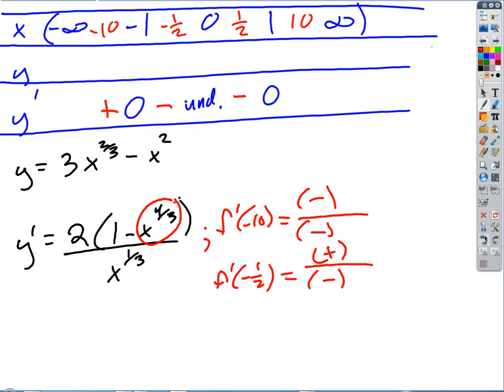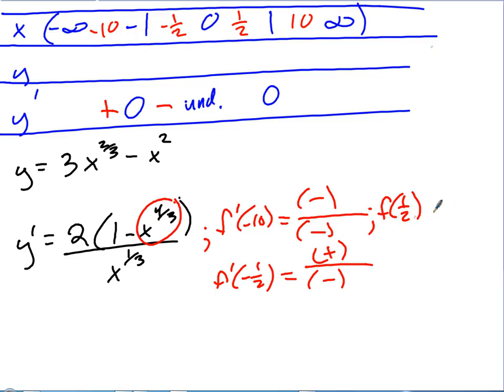Let's just make sure. If I put in positive 1/2, let's go through that. What am I going to get if I put in positive 1/2? F of 1/2. On the bottom, we're getting positive. Aha. On the top, we're getting positive. You're right, because that's 1 minus a small number, right? So that is positive. There we go. Good, good. I saw some looks out there like, are you sure? And good thing we checked.